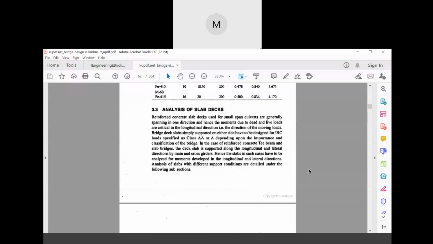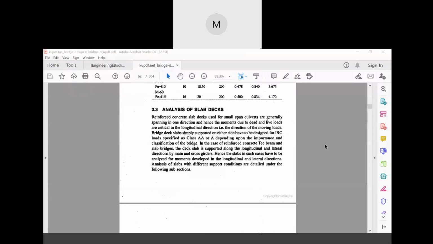In case of reinforced concrete T-beam bridge, the deck slab is supported along the longitudinal and lateral directions by main and cross girders. Hence, the slabs in such cases have to be analyzed for moments developed in the longitudinal and lateral directions. So now look,